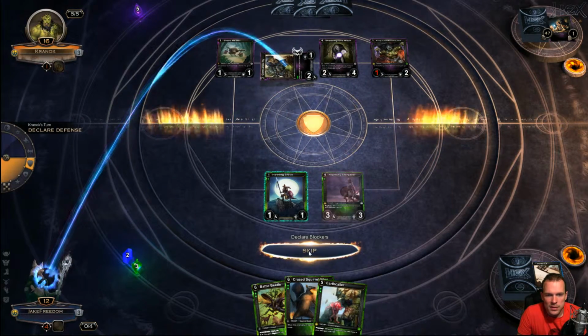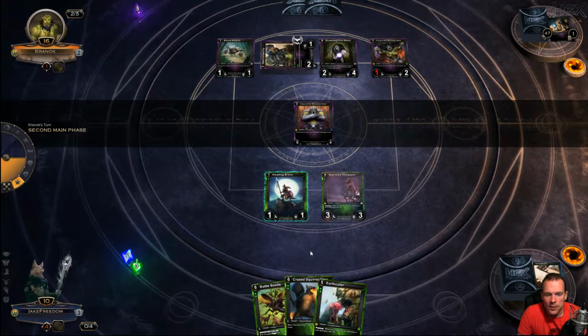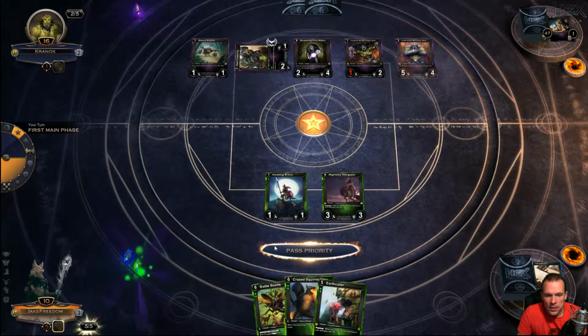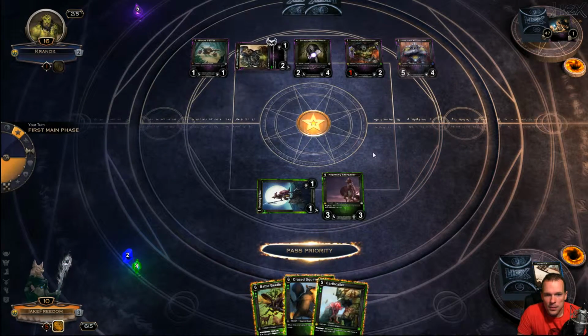Two is a lot better than 6. I'm okay with that. We're getting down there. We're getting to the point where we're going to start being in trouble if we don't start drawing something good. Alright, so now what we can do, we can certainly remove a troop, and I think we're going to remove...